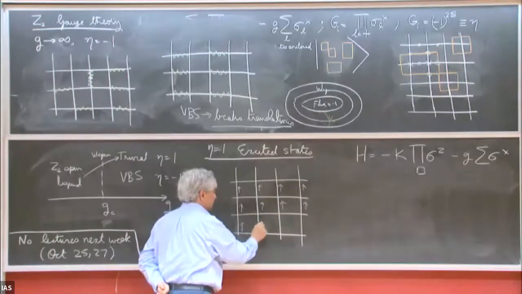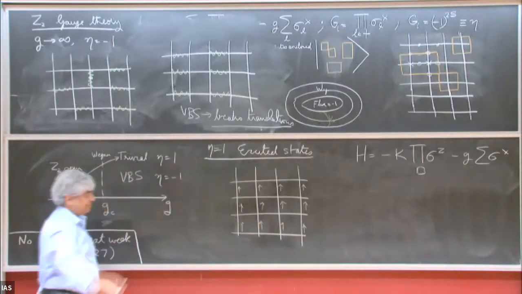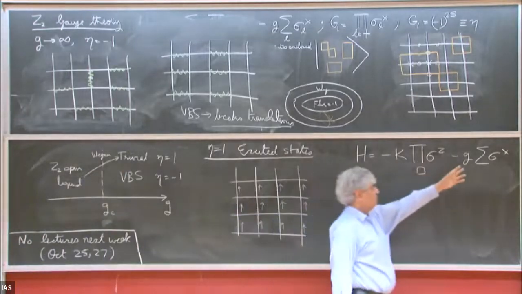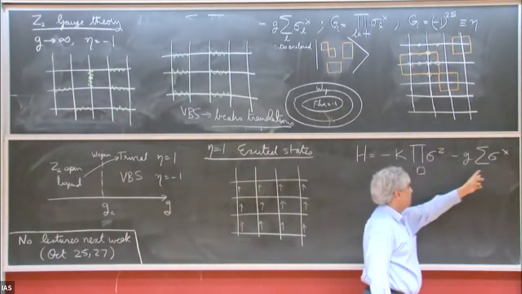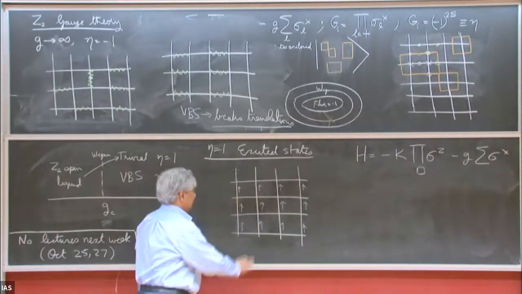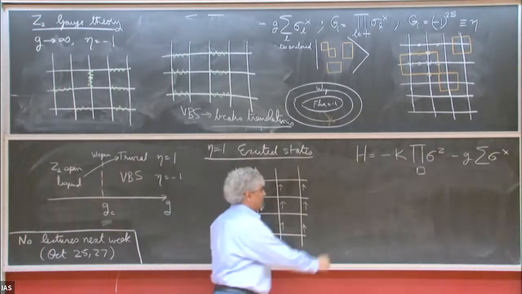Okay, so there's no loops anywhere. That's one of the allowed states in the expansion, and that was at k equals infinity or g equals 0. So now I come in and flip one of the spins to get an excited state. I'm going to make one of them down. And that's going to cost me energy